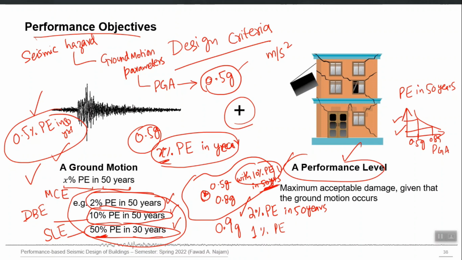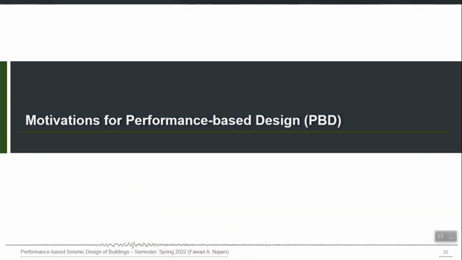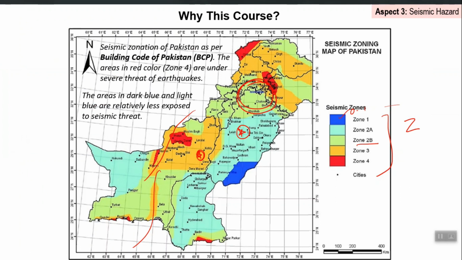So the summary is that in a probabilistic framework, the seismic hazard is defined not only as one fixed number, but that number is coupled with the probability of exceedance in 50 years, or in some years, right? So if I go back and show you the same hazard map of Pakistan, this hazard map is actually following that probabilistic definition, and the PGA numbers shown here with colors are not deterministic. These numbers are actually following this 10% probability of exceedance in 50 years,